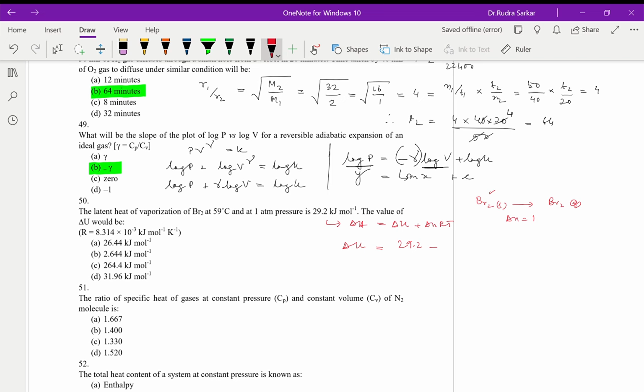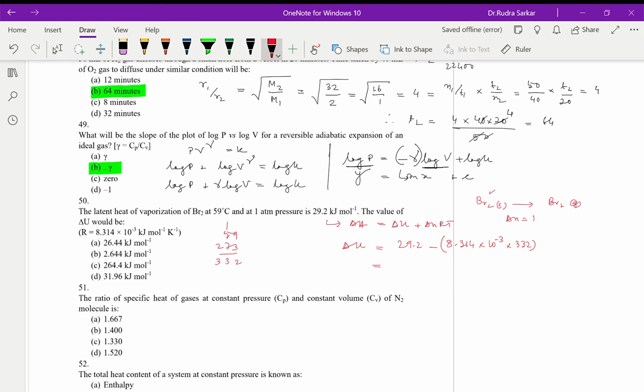So R is what? 8.314 into 10 to the power minus 3, into what? 59 and 273. So 59 plus 273 is what? This is 12 carry 1, that is going to be 13 carry 1. So 332. Okay, so let's do the sum and find out what it is. So if we calculate this part, what we are going to get is